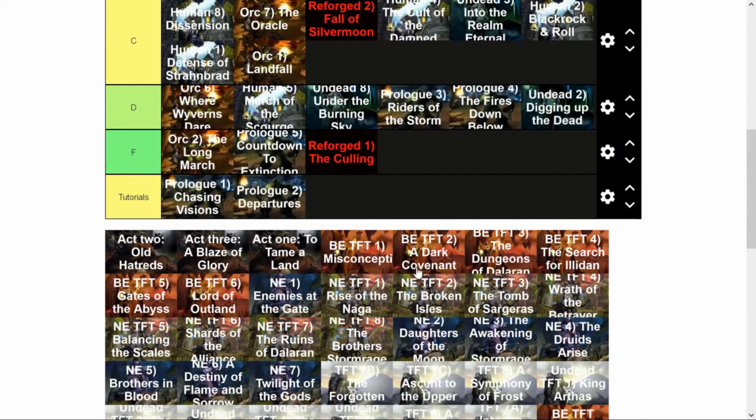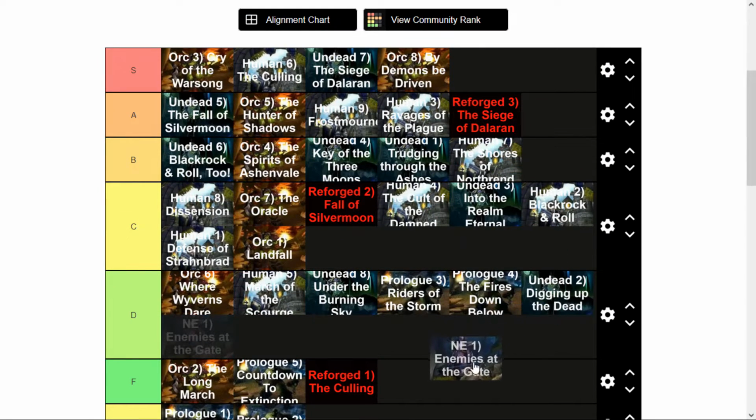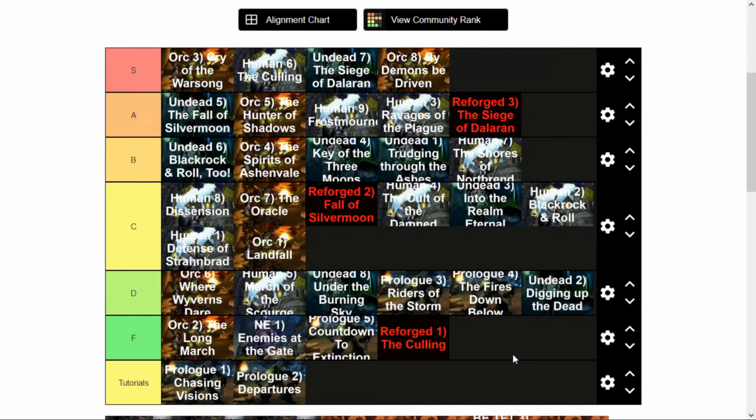Moving on, let's go to the Night Elf campaign. Enemies at the Gate is F tier. I hate it. It's super bad. Basically, the only mission is to kill the Paladin, but you get Night Elves for the first time, and unlike all of the rest of the missions previously that started with a new race, it is a building mission. It's a regular mission, unlike all the rest where it was a no-build section. It's a different take, but